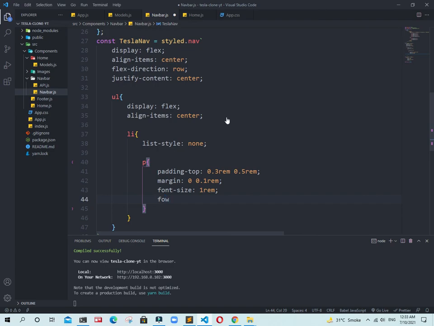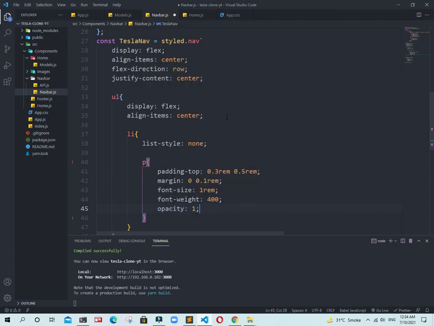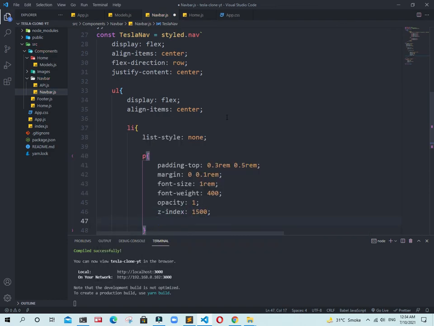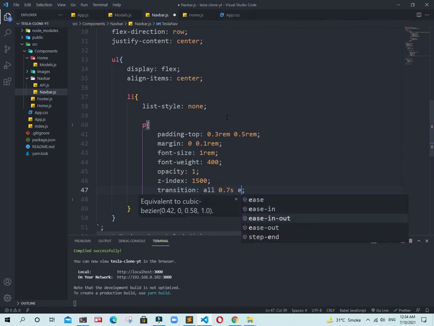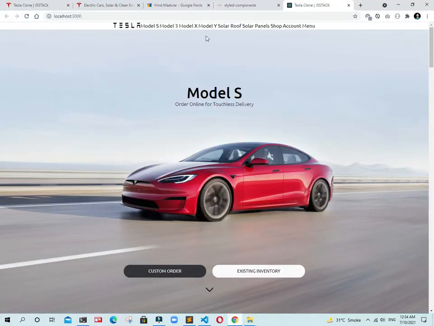This is already done. And now add font-weight. Yes, font-weight is very important here. Just add font-weight 400. Also opacity 1. Also we need to write z-index 15, and similarly transition will be all 0.7s ease-in-out. So go back there. How cool is that?